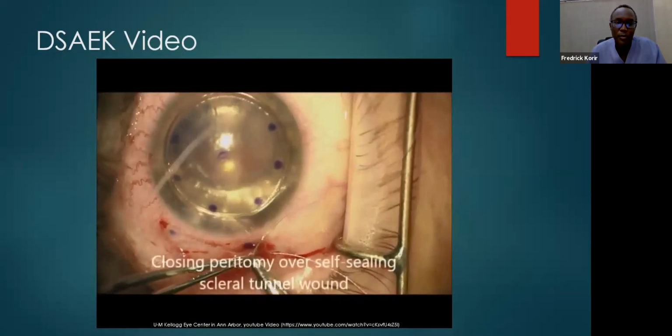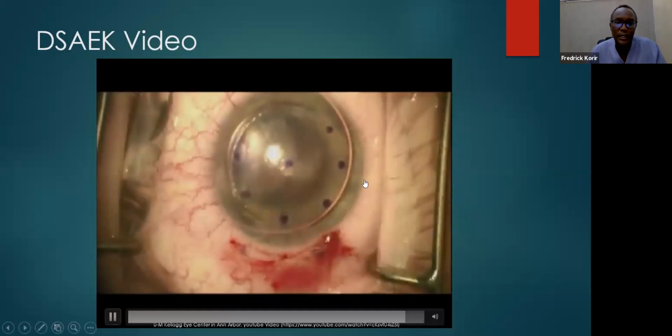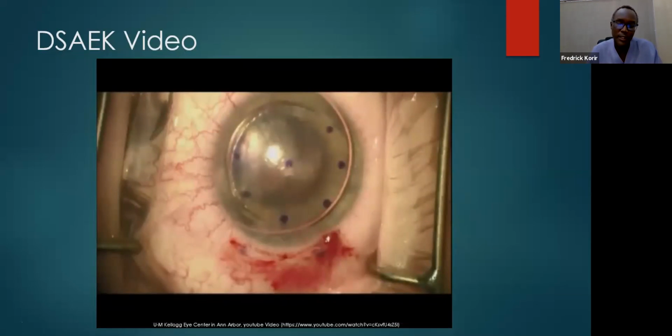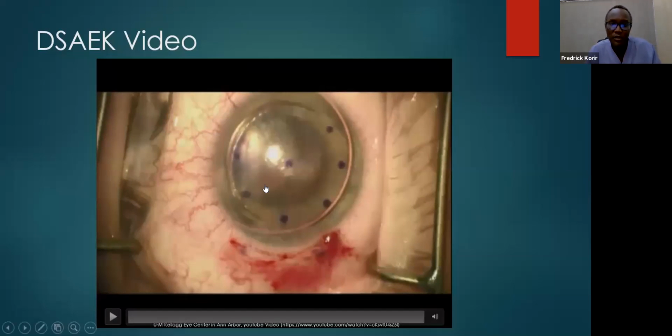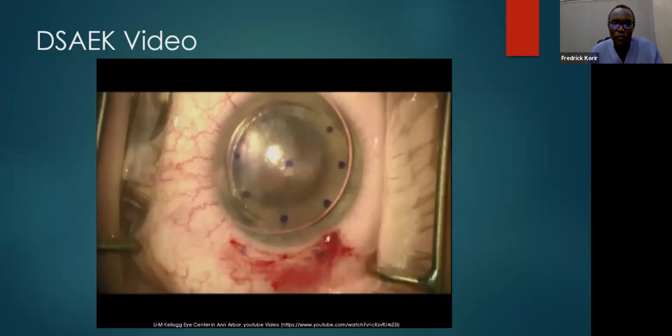Finally, you put an air bubble in real tight for about 10 minutes, so that the endothelial pump starts working. After 10 minutes, it tends to be well attached, but you leave an air bubble of maybe 30 to 60%, just so that you hold the endothelium. You advise the patient to lie facing up. Preferably, if you could admit this patient, you can monitor them